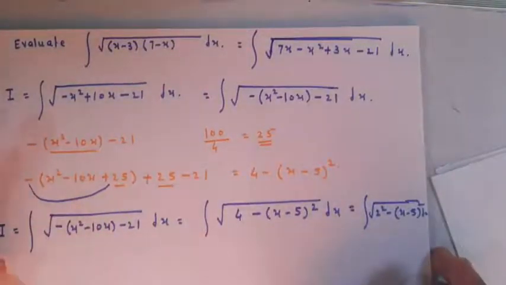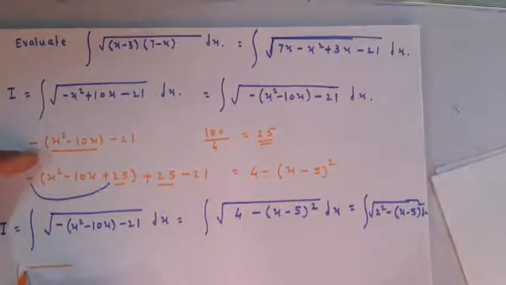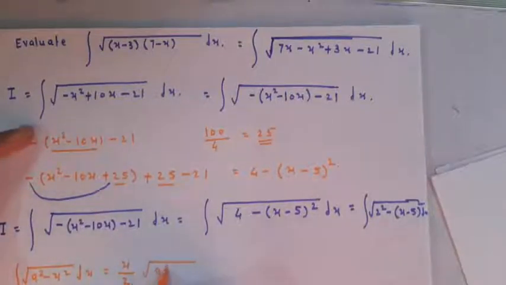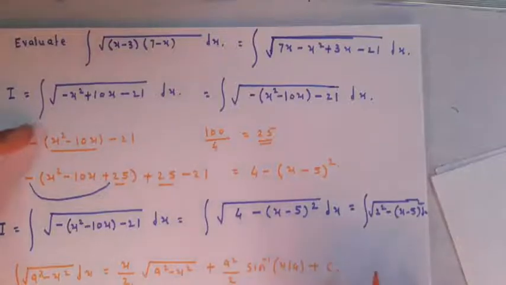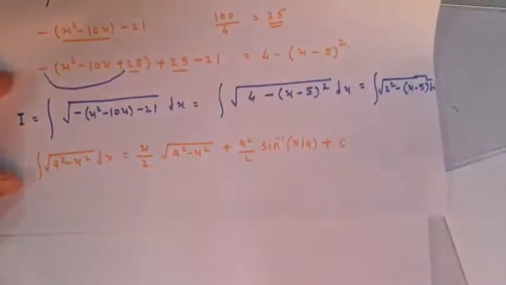Okay, and this is an integration of the form, that is, the integration of square root of a square minus x square with respect to x. The formula is x by 2 square root of a square minus x square plus a square by 2 sine inverse of x by a plus constant of integration c. By applying this formula, we can write here the integration